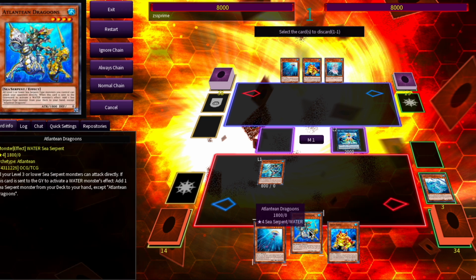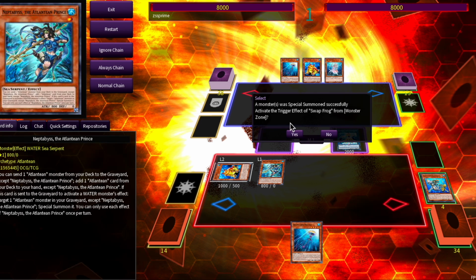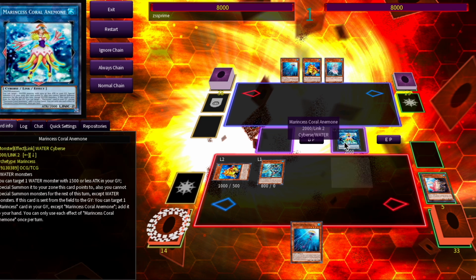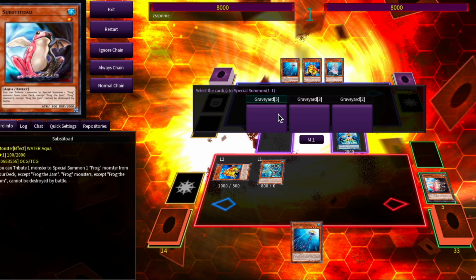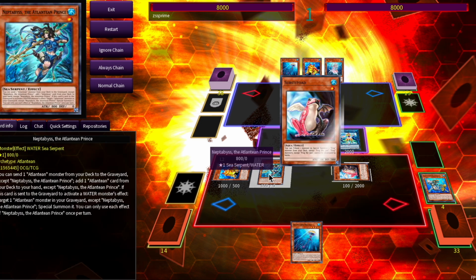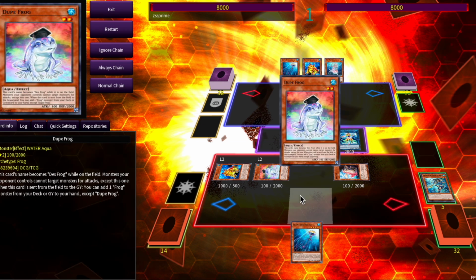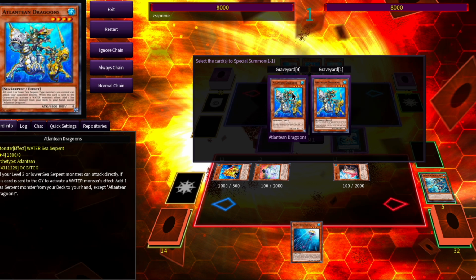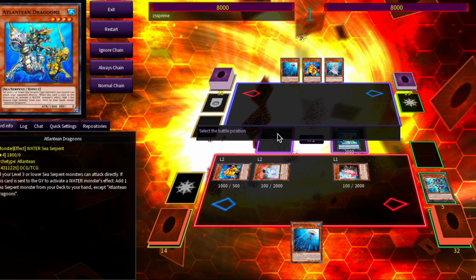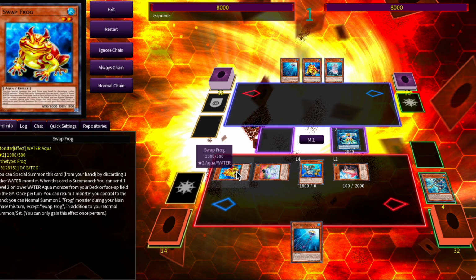Swap Frog will special summon itself, discarding our Dragoons, which won't activate its effect, and we'll use Swap's effect to get our Toad to the grave. Anemone will revive our Toad, and Toad's effect activates, we'll tribute our Neptabyss to get our Dupe Frog, and Neptabyss will summon our Dragoons from grave. So, we'll make our first Totally Awesome here,